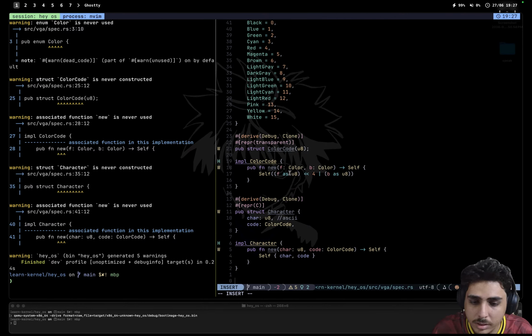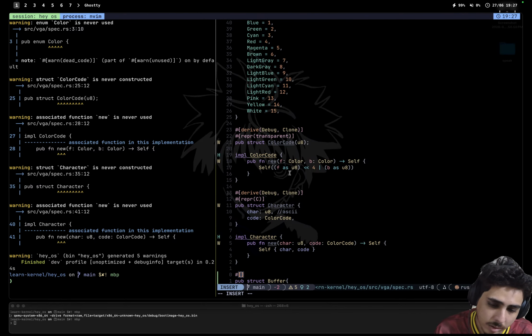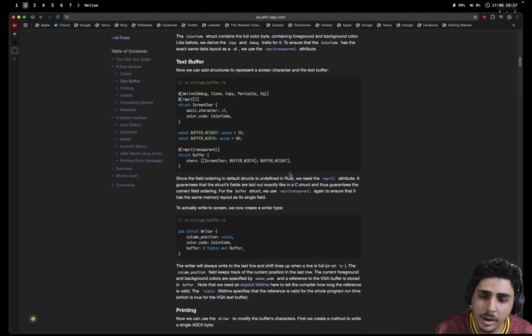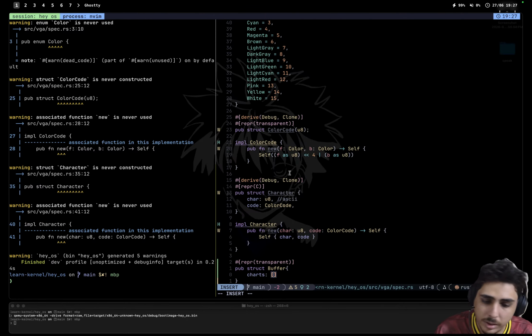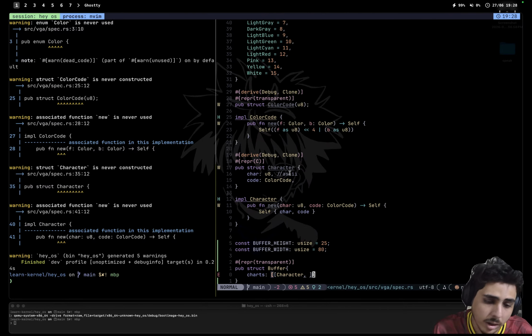Cool, so I have a struct buffer. So this also has to go with the same memory layout. I think the wrapper for this is going to be transparent. Yeah, that makes sense. Right, so I have this guy, and it has characters, which is a 2D array. Okay, so I'm going to start with a character, comma, I need these guys. Okay, so buffer width,